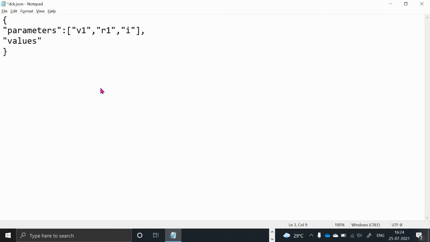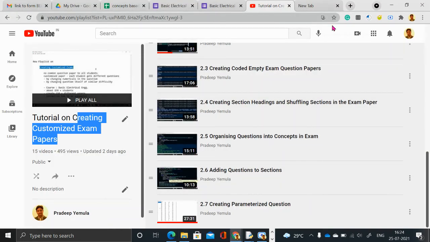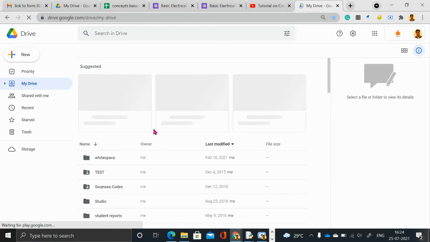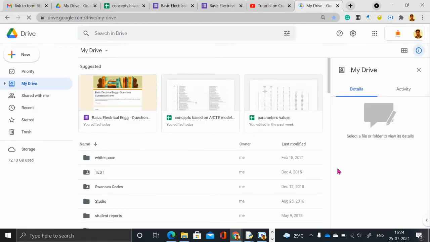What are the values of these parameters? To generate the values randomly, again I use the Google Sheet. I'll go to Drive, and in the previous session I was using a sheet in Drive, with parameters and values.